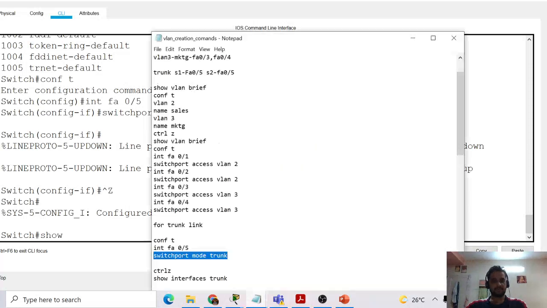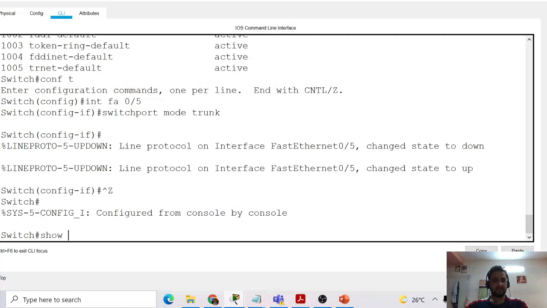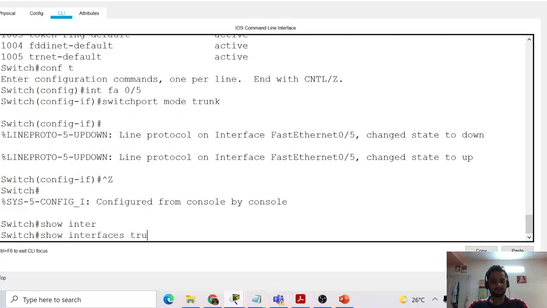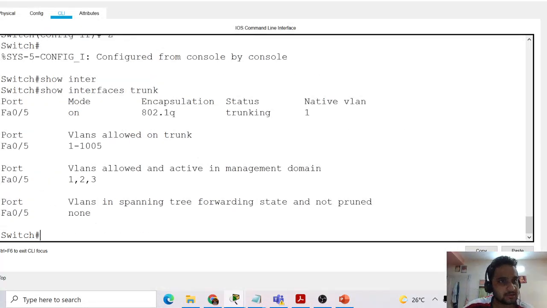Now let's see whether the trunk link is enabled. Yes, so we can see that the trunk link is on and encapsulation 802.1q trunking on port number FA0/5. Same thing we have to repeat on the next switch.